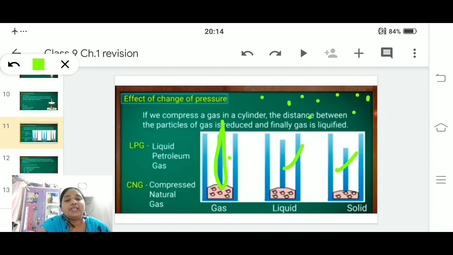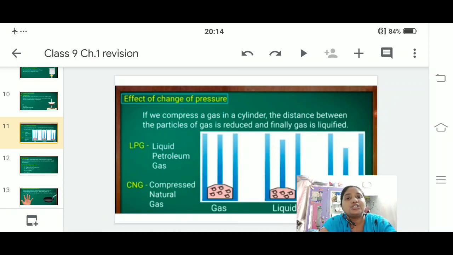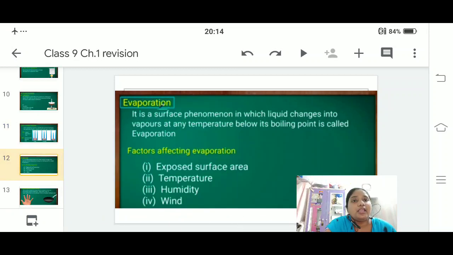Now, effects of a change of pressure can be seen in LPG and CNG. LPG stands for liquid petroleum gas. CNG, compressed natural gas. Clear? Now, next one, evaporation. It is a surface phenomenon in which liquid changes into vapor. As I told you in the last class, there are four things which affect evaporation.